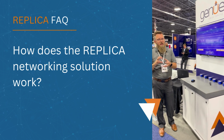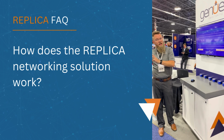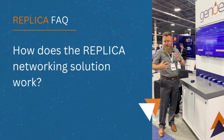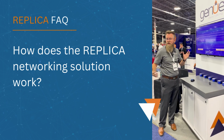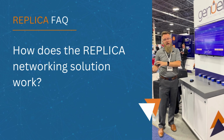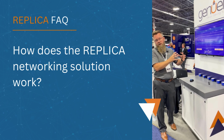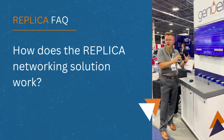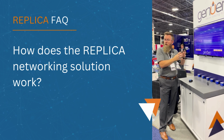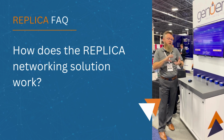What RDMA technologies do is allow direct communication between the NIC, the network interface card, and the CPU's memory. So it completely skips the entire operating system, say the TCP stack or the networking stack, by communicating directly to the CPU memory. Then the CPU has access to that data, whether it's a transmit or a receive. It directly interacts in memory, and so there's no CPU overhead of having to read other memory locations through other